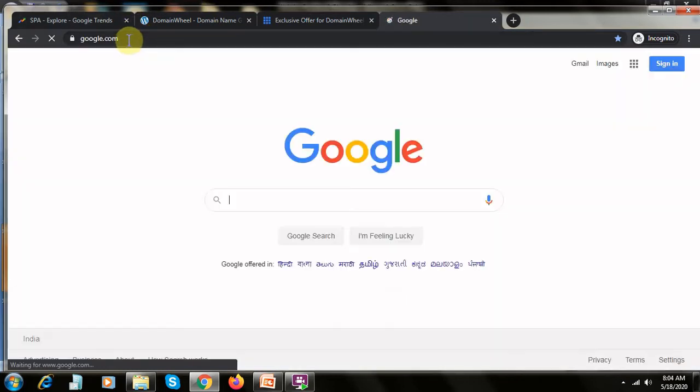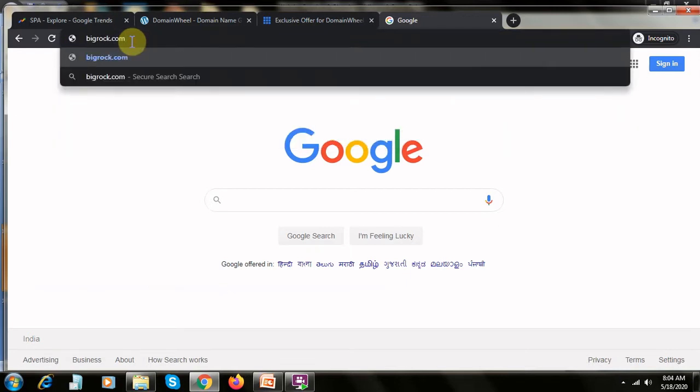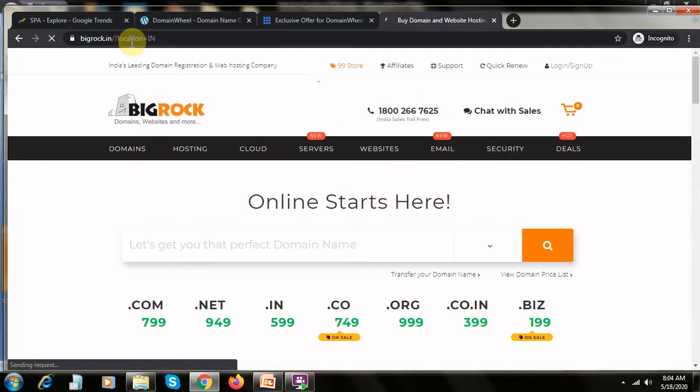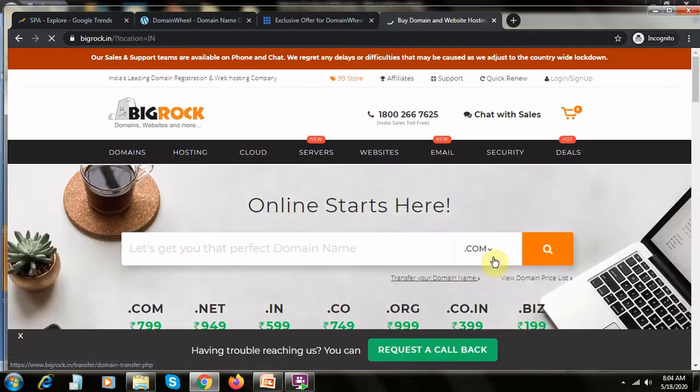Let's look at bigrock.com. bigrock.com is where you will be. You can host in bigrock.com as well, but I prefer hosting it in bluejig.com. So there are certain amounts mentioned here.